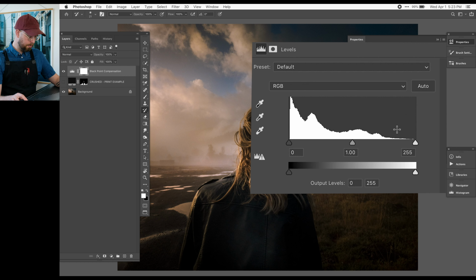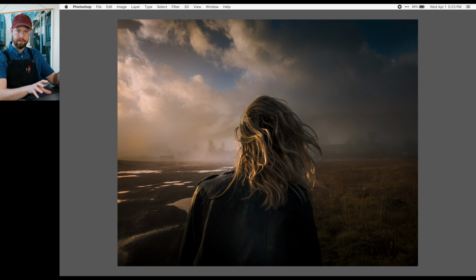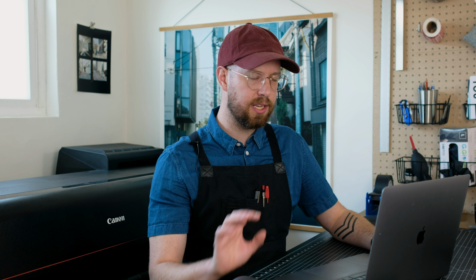It's not a very bright image. Most of it is in shadow. And that's part of the mood of the image. We don't want to change that, but we know from what I just showed you, that's not going to print super well. So when I see an image like this, the first thing I do is I want to see